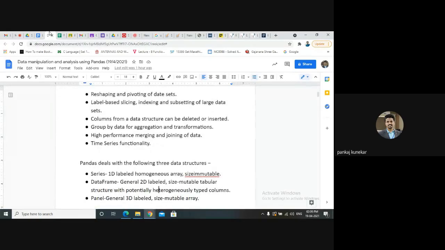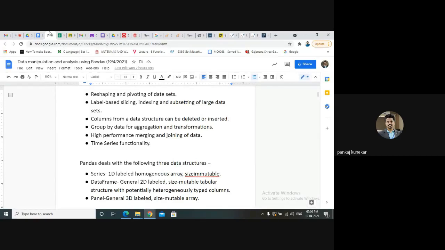These are the three data structures we have in pandas: series, data frame, and panel. Series is like a one dimensional labeled homogeneous array, and its size is immutable. So it's like a 1D array, but the size is immutable. Data frame is 2D labeled. It's a tabular structure, a combination of rows and columns.